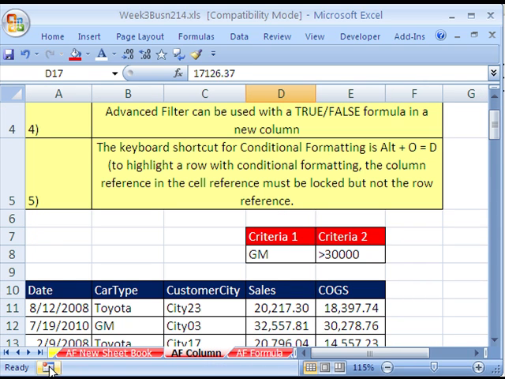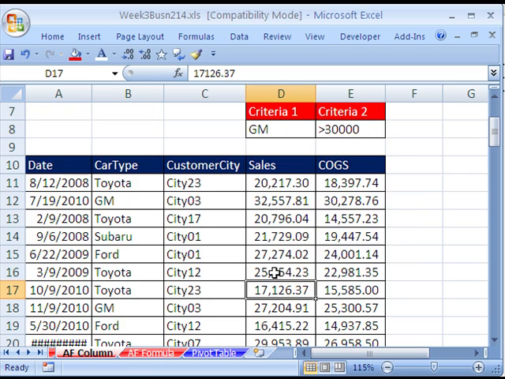Now there's two last amazing topics, and they are formulas. Now in this case, I want to add a whole new column with a true-false formula. And that'll give me trues and falses, and then I can just use criteria true and extract records this way. But I'm going to do two things. The reason why I'm adding an extra column is because I want to highlight with conditional formatting the whole row. So in this column here, I'm going to say